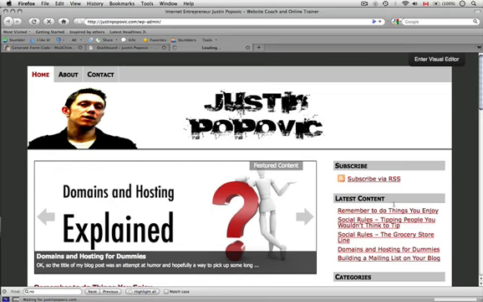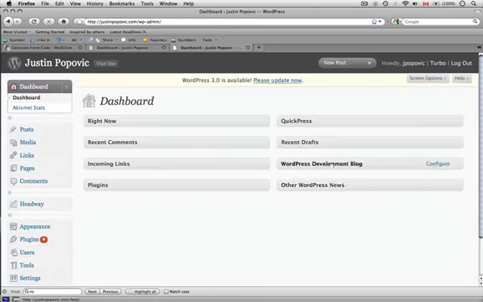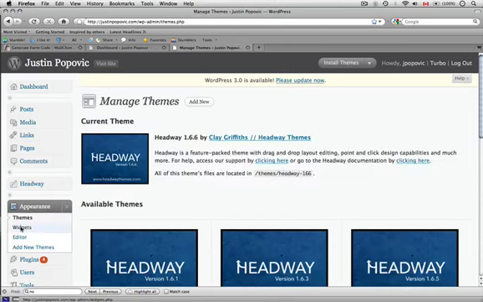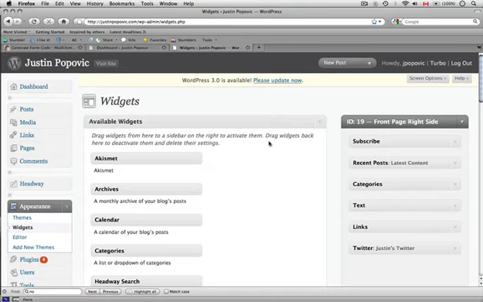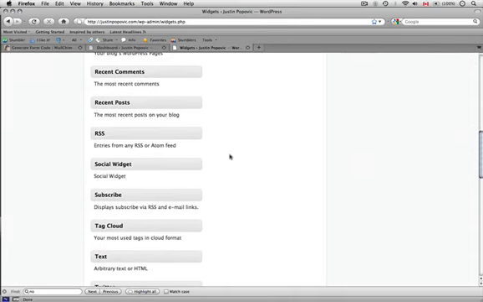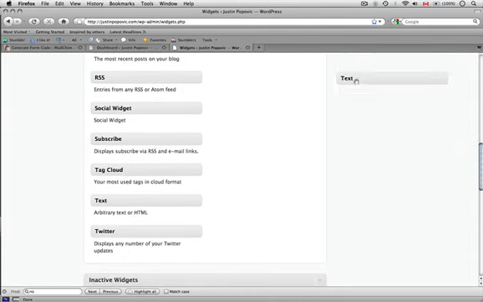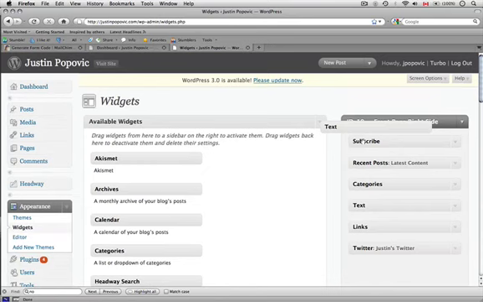And I'll just remind you that my goal here is to have this opt-in box in the top right corner, the very top of my sidebar. And I head over to the Appearance menu and select Widgets. Now the way you paste code into a widget is through a text box. So you just grab a text widget and paste that into the appropriate location of your sidebar,